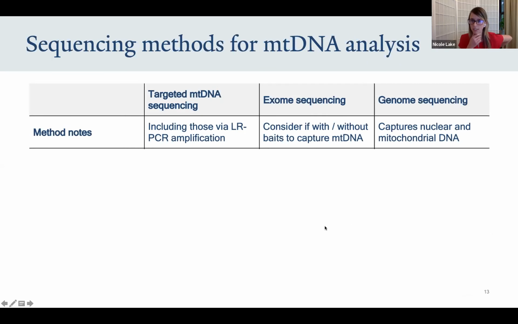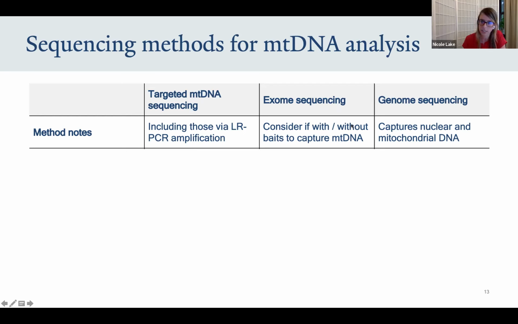On that point, I now want to step through some of the main sequencing testing methods typically used for mitochondrial genome analysis. I know that Yale is offering mitochondrial sequencing, and perhaps he can comment more on that at the end. There are three main methods. The first is targeted sequencing of the mitochondrial genome. This is typically employed after something like long-range PCR to selectively amplify the mitochondria, and that can be either via a single large amplicon or multiple amplicons.